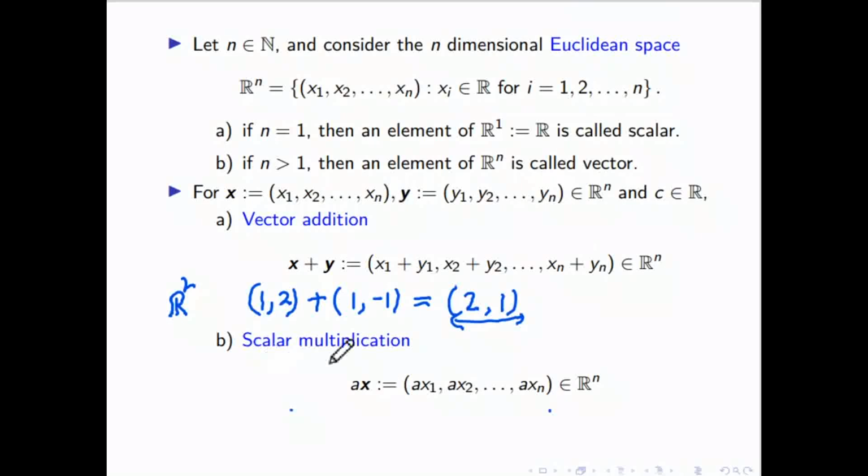And here it is written scalar multiplication. Suppose x is a vector like this, x1, x2, xn, and we are multiplying by some real number. Here we are calling a real number, or an element of R, a scalar, so that's why this multiplication name is scalar multiplication. How will you multiply? Just multiply each component by that number. So if you multiply 2 with this vector 1 comma 2, it will become 2 comma 4. Just multiply a with all components of that vector, and you will get the scalar multiplication.